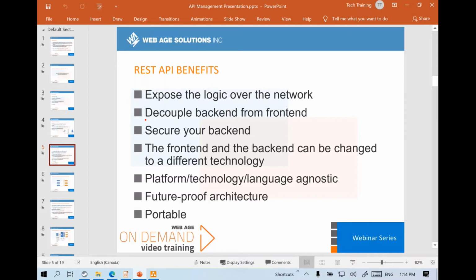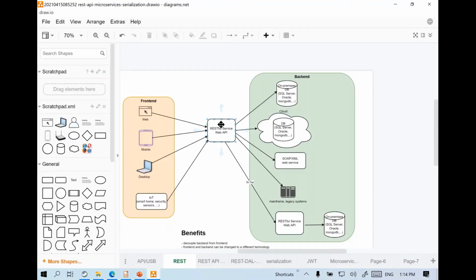Plus, you're able to decouple backend from frontend. That is very important. Like we discussed, in future, if you decide to swap one backend with another backend, then we shouldn't be required to change any code in our front-end application. Only the API should be updated.